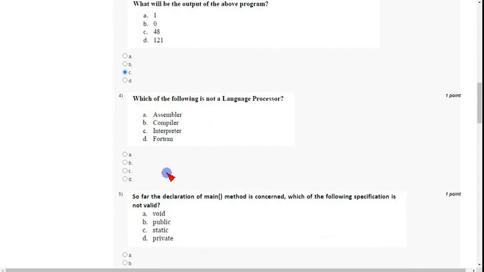And coming to the fourth question, which of the following is not a language processor? Here assembler is a language processor, compiler we know about this, and interpreter, we use both compiler and interpreter as Java is a compiled and interpreted language.